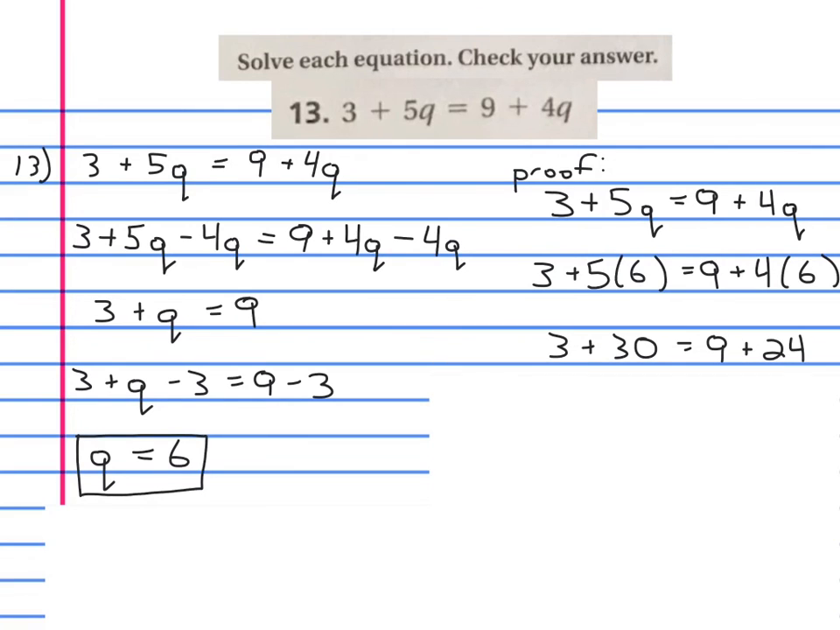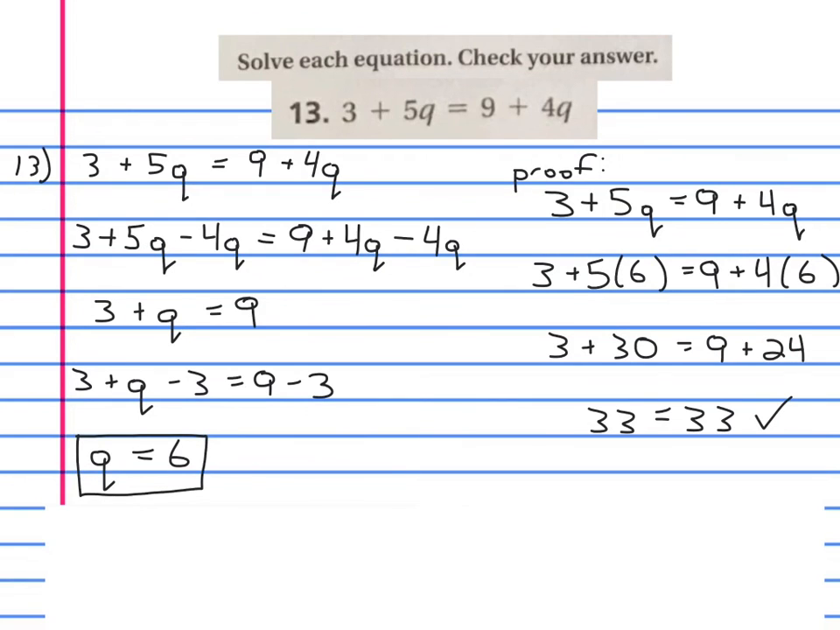So I've got 3 plus 30 equals 9 plus 24. Okay, 3 plus 30 is 33, and 9 plus 24 is 33 as well. So I get 33 equals 33, and that's